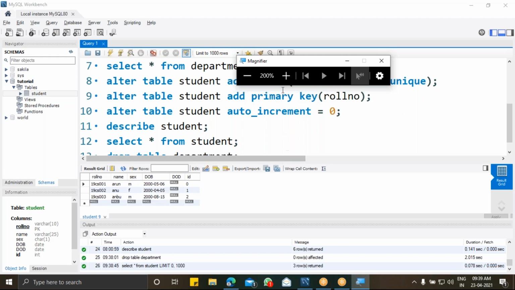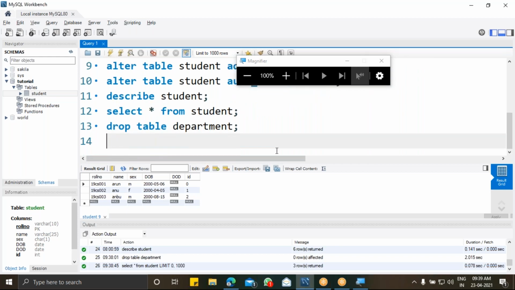So now I'm going to truncate this. Truncate table student.